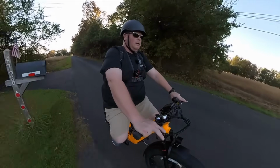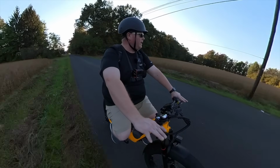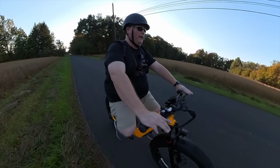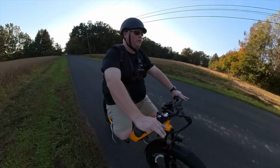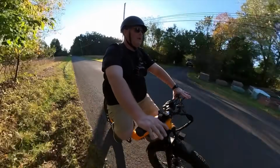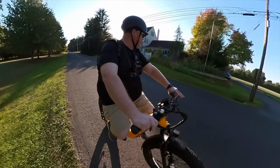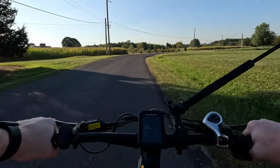Now, I've been on bikes that had a longer wheelbase, but I've also been on bikes that have had a shorter wheelbase, and you definitely feel a lot more compressed when you're riding them. This is a very nice, almost like a Goldilocks style bike, where it's sort of just right. I feel like it's just the right balance of seating position